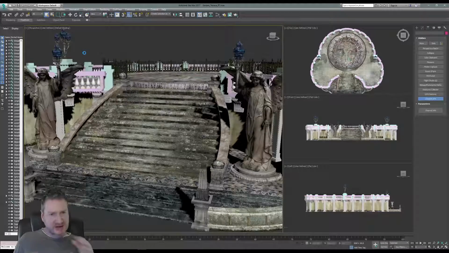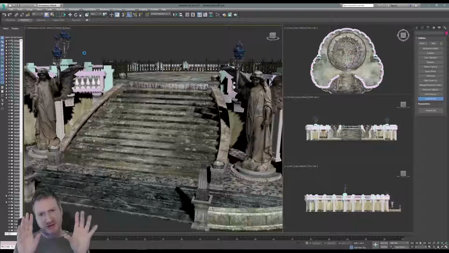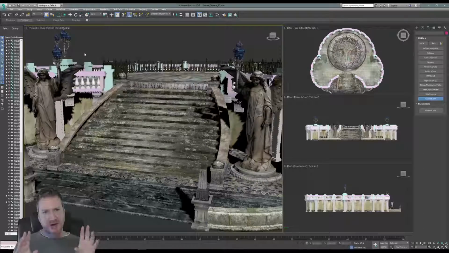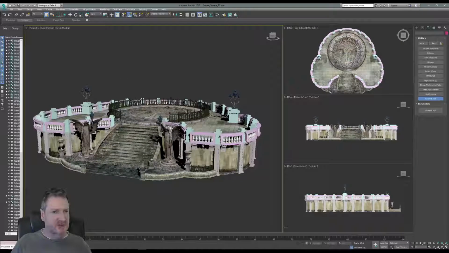Now I want to do some work on that center section, that round section, at the top of the terrace now, I think. I remember a few weeks ago I was talking about how I thought once we textured the model up a bit more, whether it would have needed a little bit more interest up on top. And now that we've got the model starting to come together, we've still got all the texturing to do on the columns and the banisters here, but I still think it's probably going to need a little bit more interest in this middle section. So